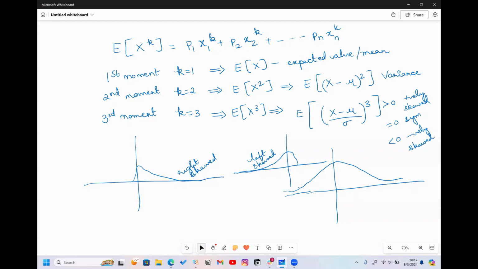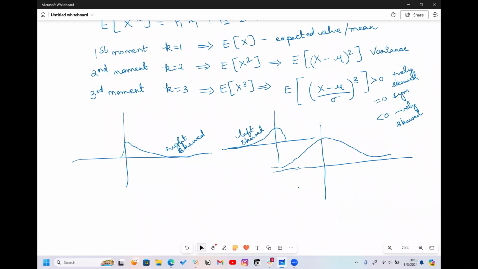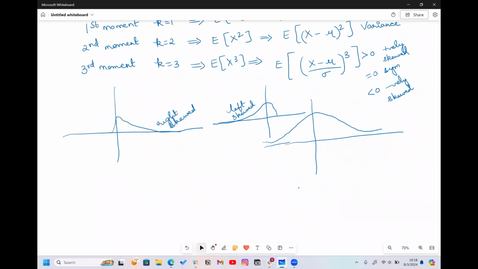So the mean tells you where in the distribution, on average, a random sample falls. Variance tells you the spread of the distribution, how far away from the mean it is clustered. And skewness tells you about the tails of the distribution, whether it is skewed to one side or whether it's symmetric. And we have the fourth moment,